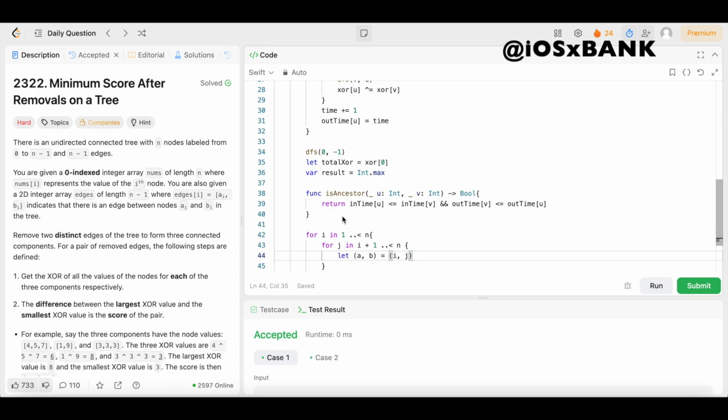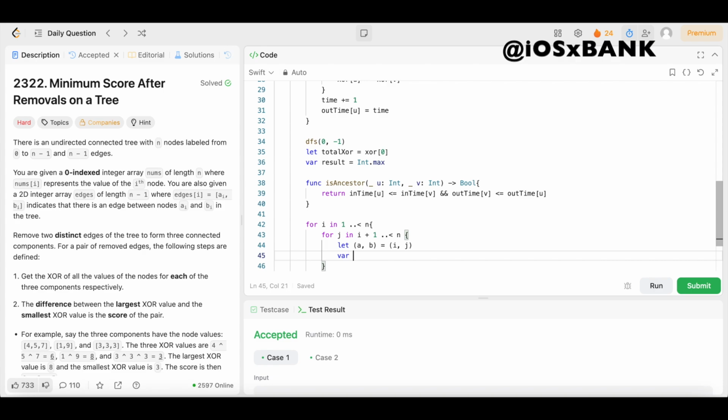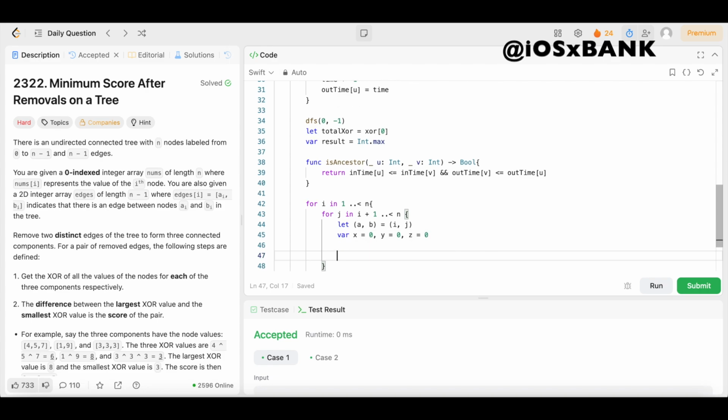Then we're going to come underneath that, declare a variable called x, set that equal to 0, then comma, y, set that equal to 0, then comma, z, and set that equal to 0. Boom. Then for case 1, or if A is an ancestor of B, we're going to say if